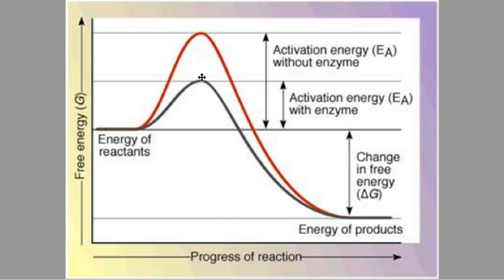The second line, the black line here, shows the amount of energy that is needed with the enzyme. So you see it's a lot less energy. So this enzyme makes the reaction happen faster than without the enzyme because of the amount